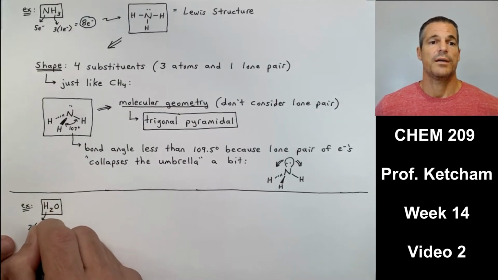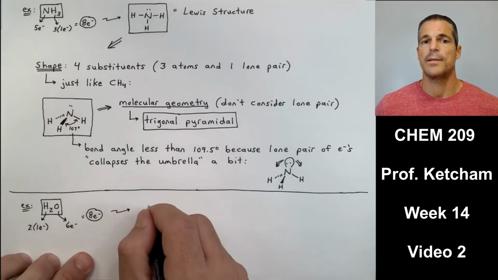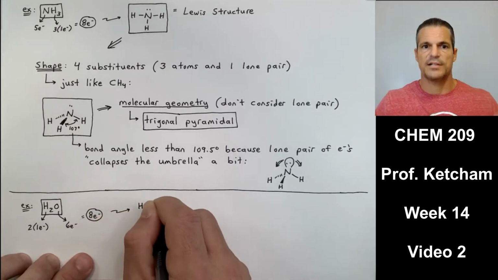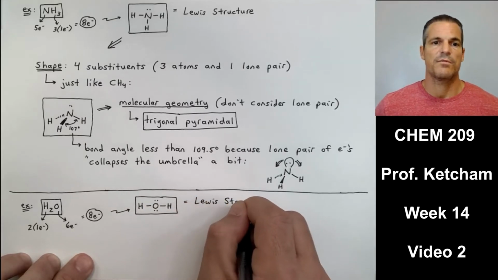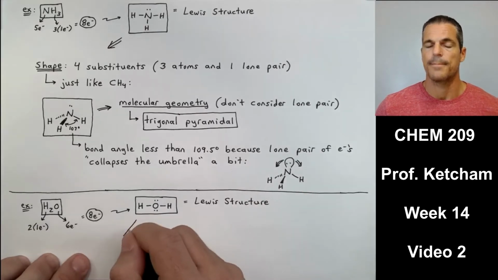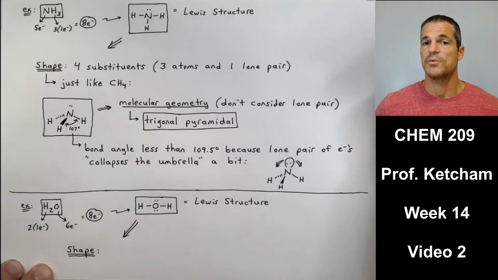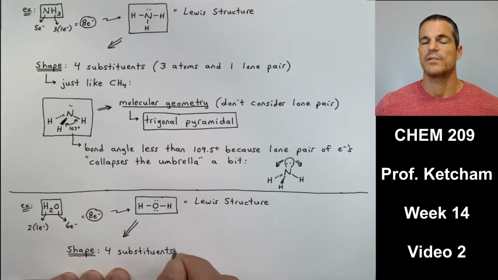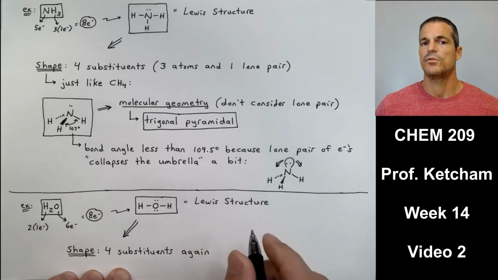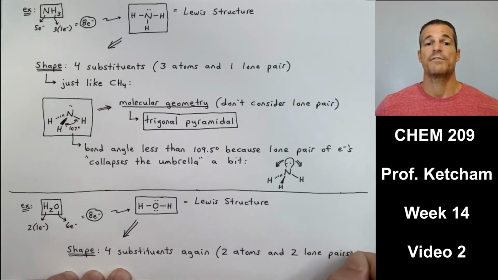So we go through the motions, we get our Lewis structure. You have oxygen in the middle. You think symmetry, put the hydrogens on the outside, 2 lone pairs. And we have 2, 4, 6, 8. Everyone's happy. There's my Lewis structure for water. Now the shape: how many substituents do we have? How many attachments? 4. 2 obvious ones are the hydrogen atoms, but we also have 2 other attachments. There's 2 lone pairs on the central atom also, for a total of 4. So I have to do 4